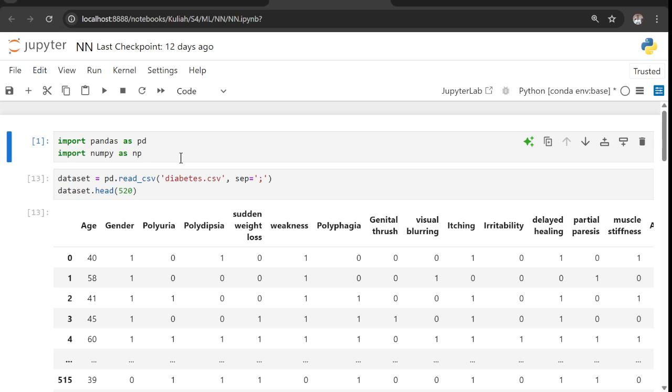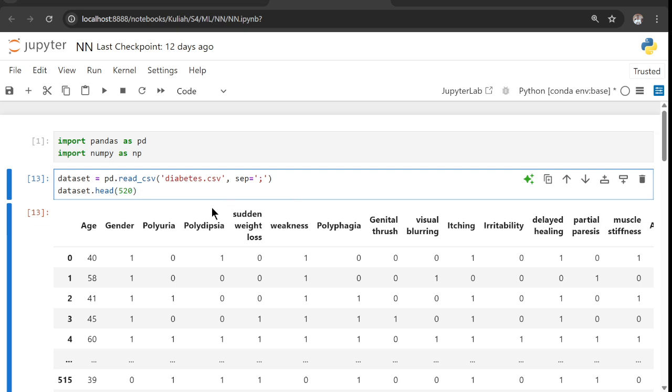Okay, first thing I do is import the libraries. I imported pandas and numpy, and then we load the dataset from a CSV file named diabetes.csv. The separator of this file is a semicolon.